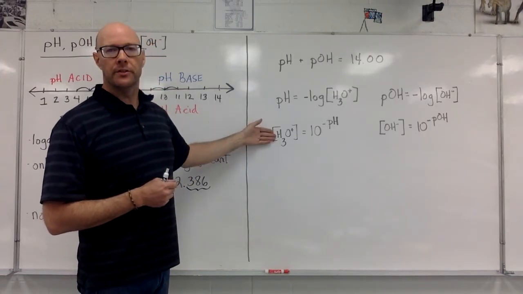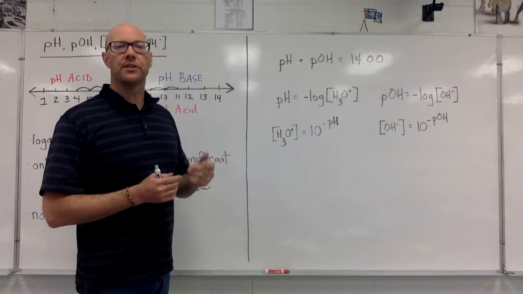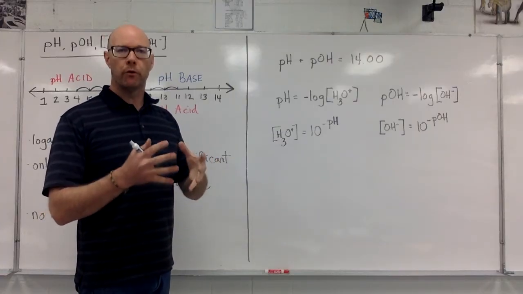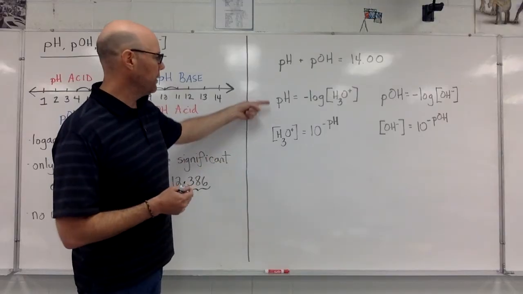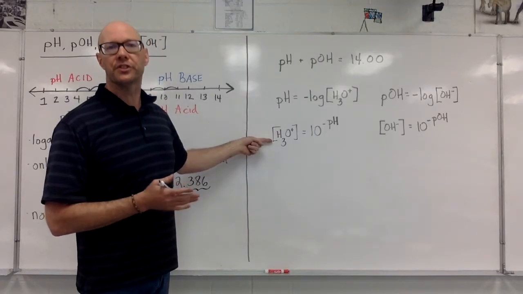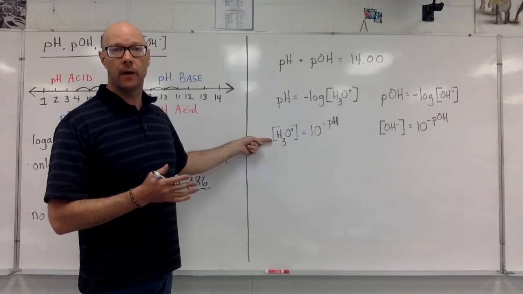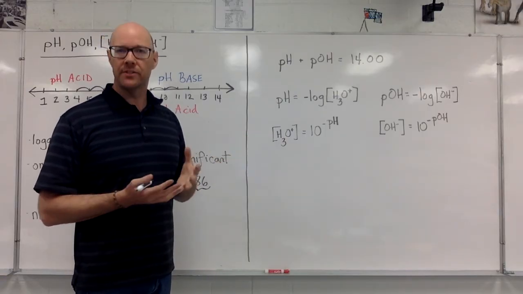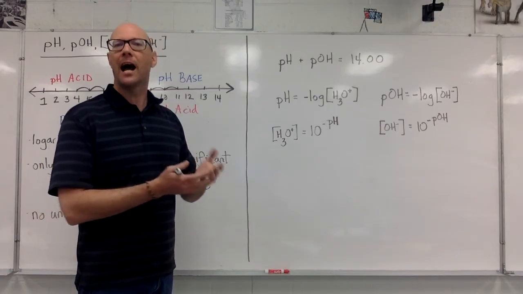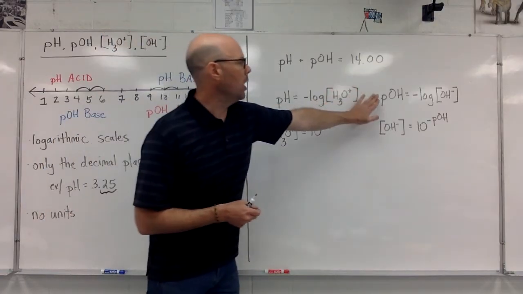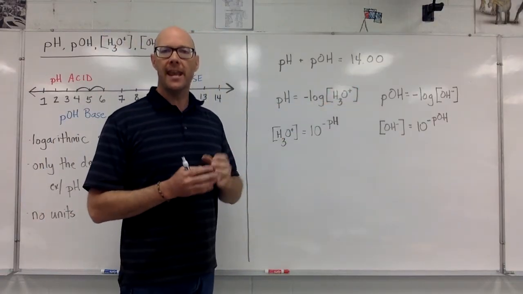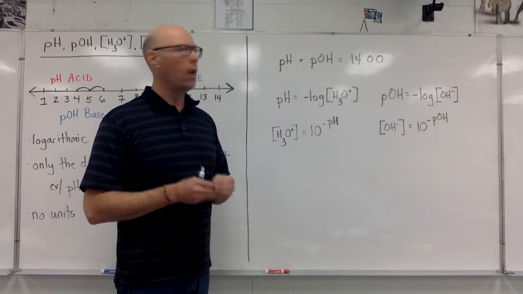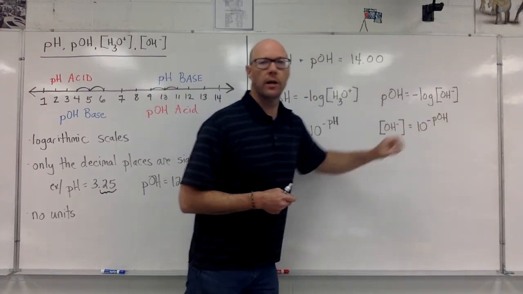These two formulas are manipulated versions of each other. Instead of only memorizing one formula and manipulating it, here we actually have the manipulations separated out, and we're going to memorize each of them. It's a very analogous thing going on with pOH and hydroxide ions. The pOH is equal to the negative log of the hydroxide ion concentration,